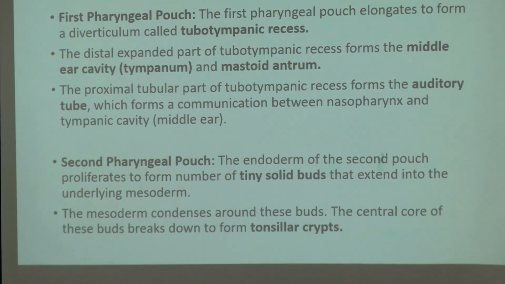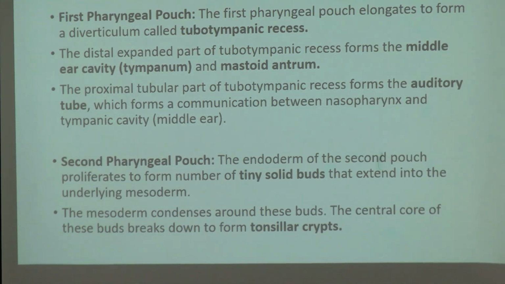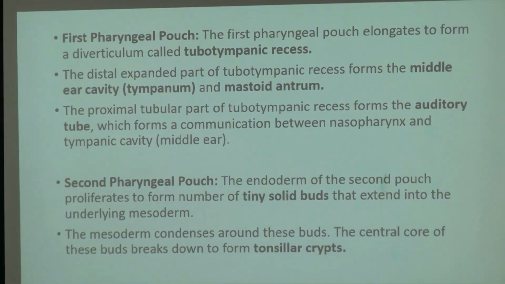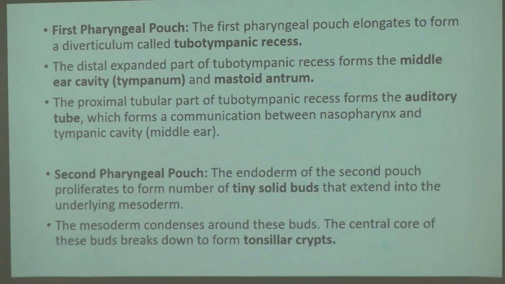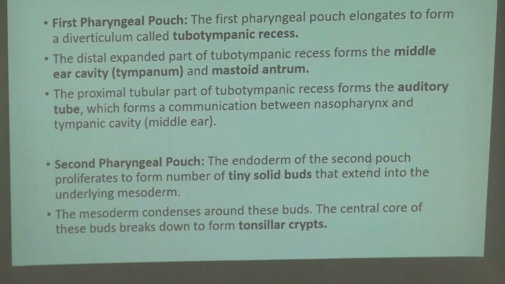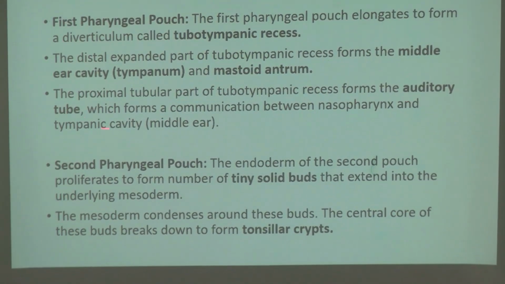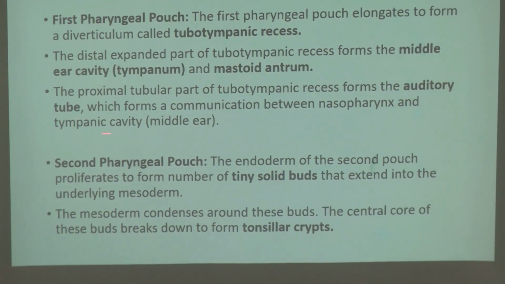mastoid antrum. What do you mean by mastoid antrum? Nowhere you have heard about this before? Mastoid antrum? Okay, fine. Just go and see in the textbook once, just the definition. The proximal tubular part of tubotympanic recess forms the auditory tube, which forms a communication between the nasopharynx and